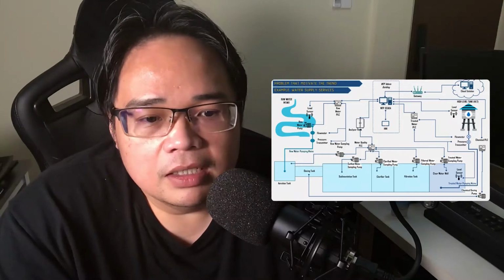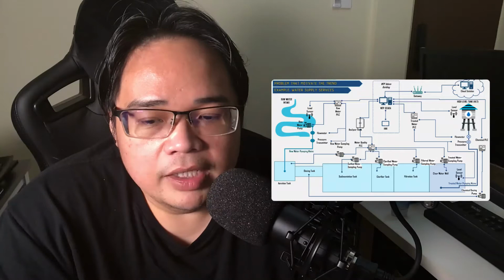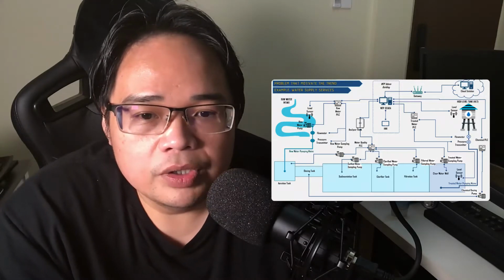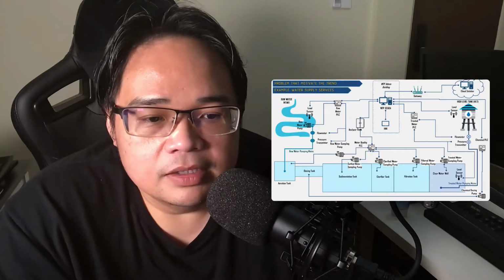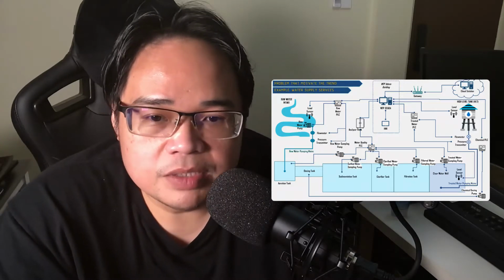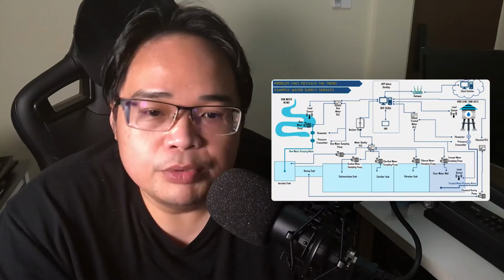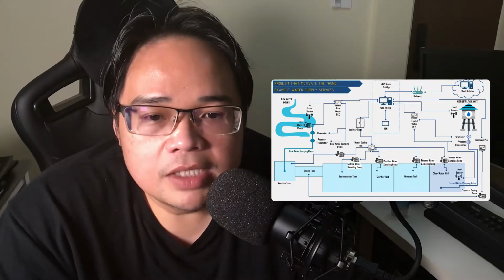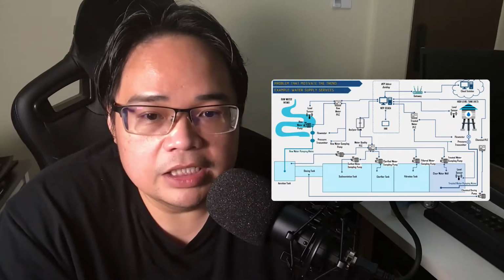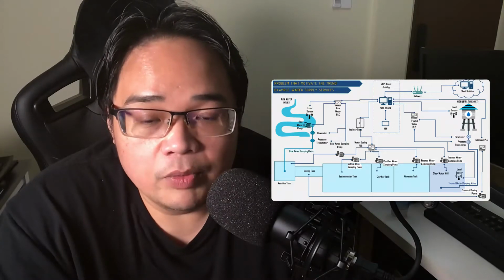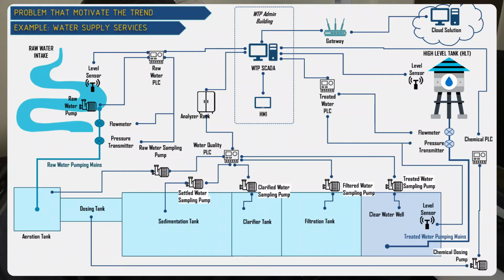So basically, why do we need distributed cloud? First, more businesses are going towards cloud, and they want to reduce transmission time. They also want to reduce latency, and they want to improve efficiencies. So I would like to take the example of water supply services. For example, in JBALB, our Jabatan Bekalan Air Luar Bandar, where I'm working now, we have this cloud solution